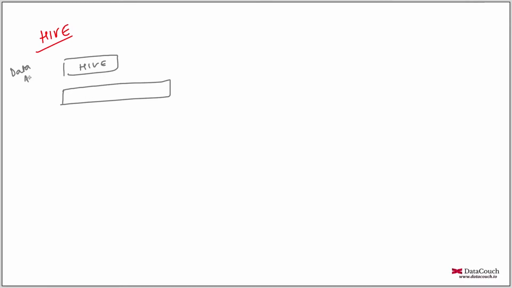So this is the data analysis layer, and below this data analysis layer we have the data processing layer. This data processing layer can be MapReduce, it can be Spark, it can be Tez. So different data processing engines can be here. Facebook created Hive to simplify the process, because writing a MapReduce job is not so easy. It is very complicated for those people who are not coming from a Java background. Even if a person is coming from a Java background, the person will not be able to write code quickly. So that's why the productivity is also low when you're writing in MapReduce.